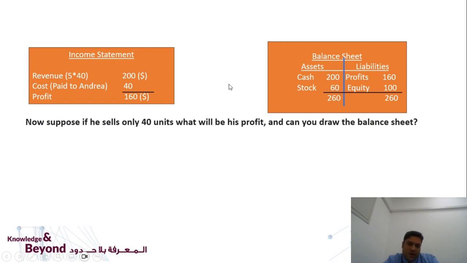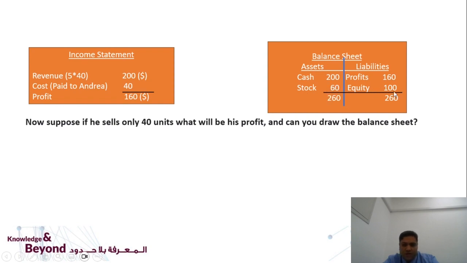So that's why we are not capturing that $60 in the income statement, because the income statement captures only the items which happen after the sales, not before the sales. So the $60 you have still not sold, it's still in your factory. That's the reason why we are not recording this $60 in the income statement,